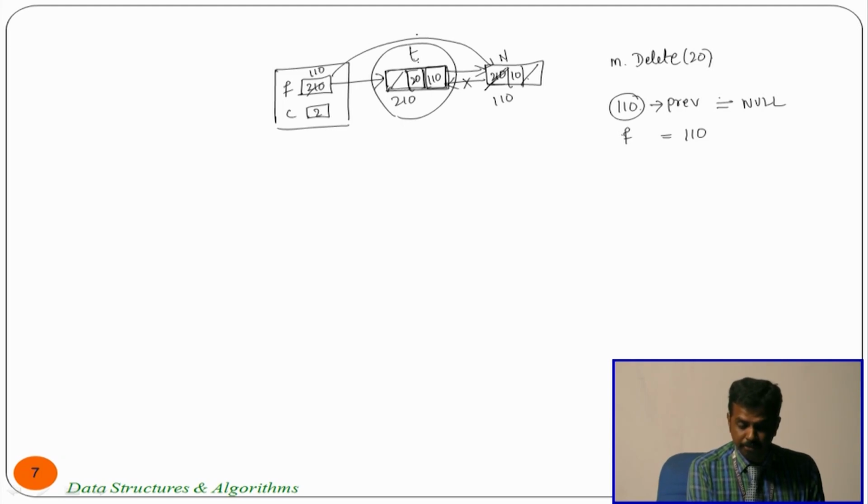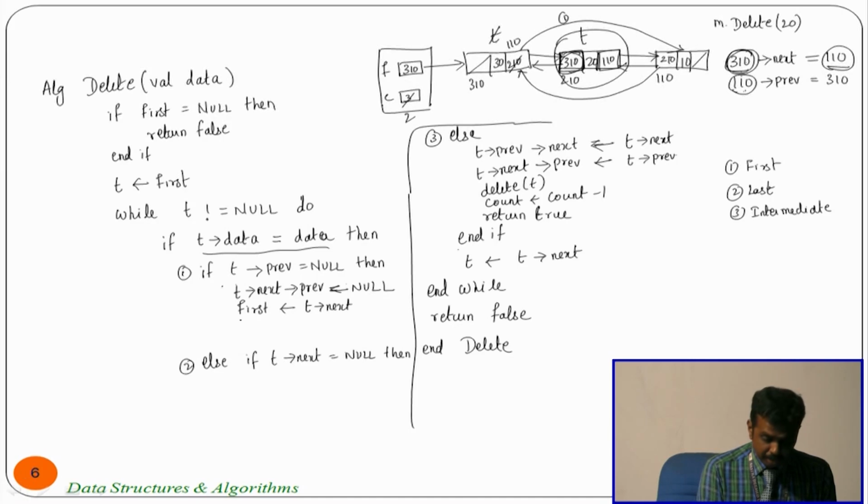That is, this link will be created. Then I have to delete that memory, delete of the T, and then count equal to count minus 1,